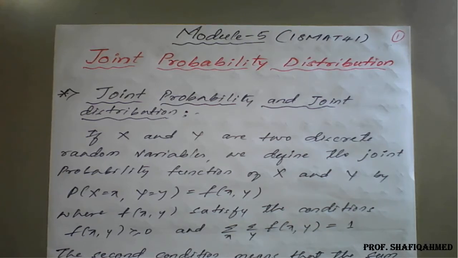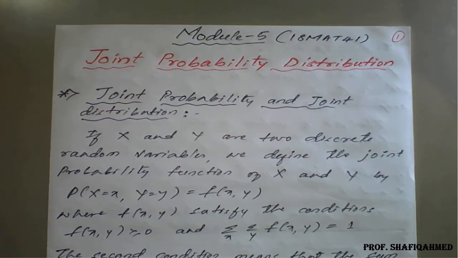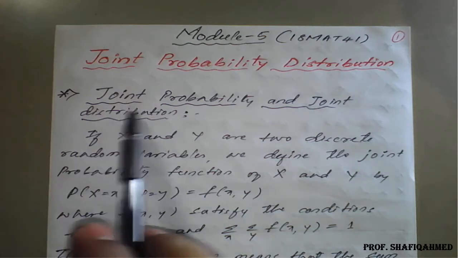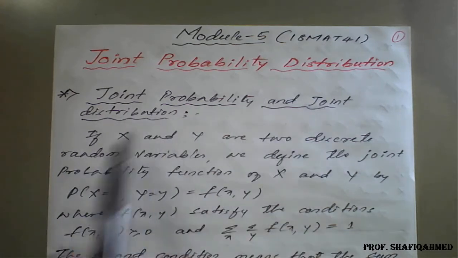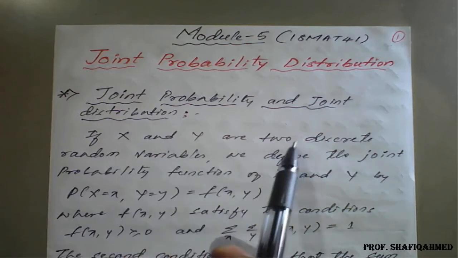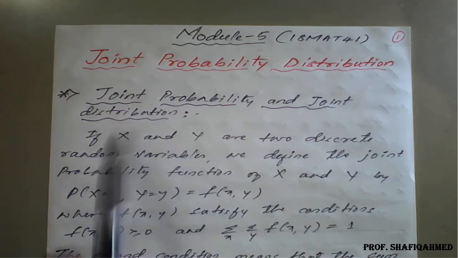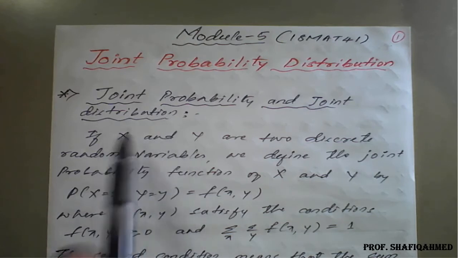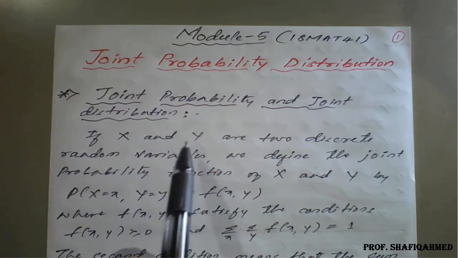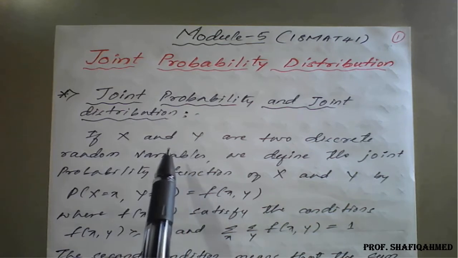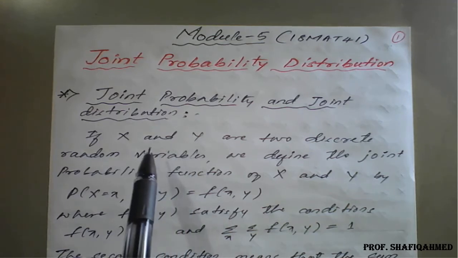In the previous class we have seen only the probability of one variable, that is either x or variable y, but here we'll see the probability of two variables or more, that is, jointly finding the probabilities of two variables. So joint probability and joint distribution, if x and y are two discrete random variables. In the previous class we have seen only x as a random variable or purely y as a random variable. Only one variable we have considered. But here we'll see a joint of two